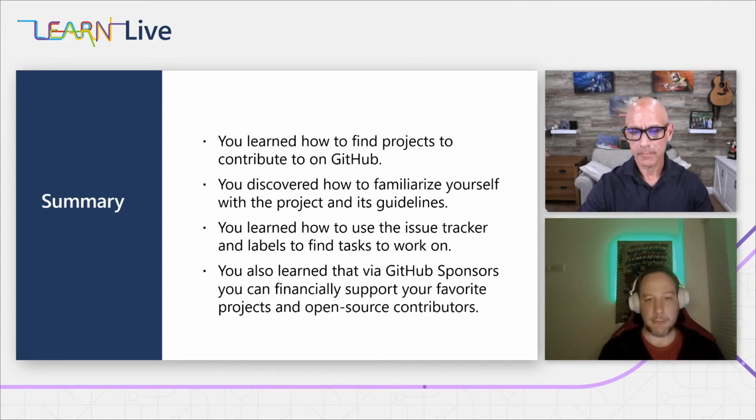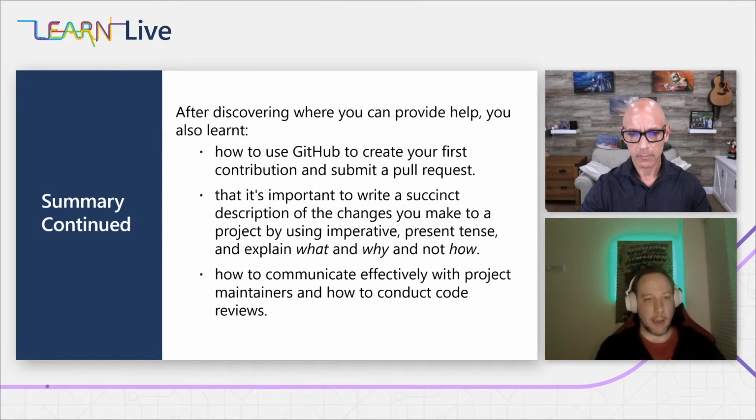And if you want to take it even up to the next level, you could also look into GitHub project sponsorship. So you're not sponsoring GitHub, just to be clear. You're really helping the open source community. And then from there, after you find out this is what I can work on, just start creating your first contribution, submit a pull request, similar to what we showed you in the demo. Hopefully you get accepted. I'm not saying hopefully in a way that it's never going to happen, but again, just watch out what you're contributing to, make sure that you can be successful, that you can help the project be successful.